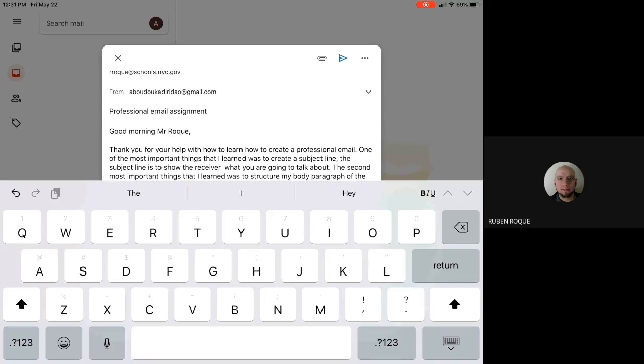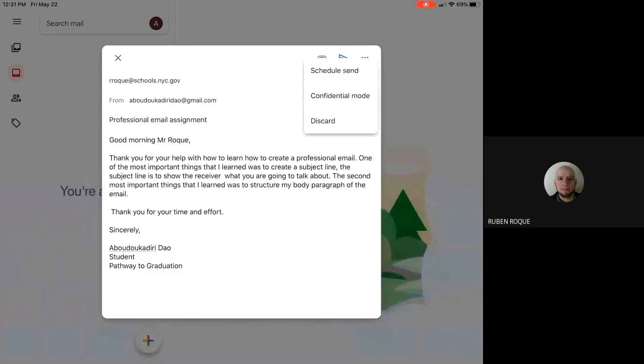Okay. So now here's the thing. You see the three dots at the top right corner? Tap on those. So you see where it says schedule send. If anyone is working late and they don't want to send the email at night, you could always schedule it for the next day, right?